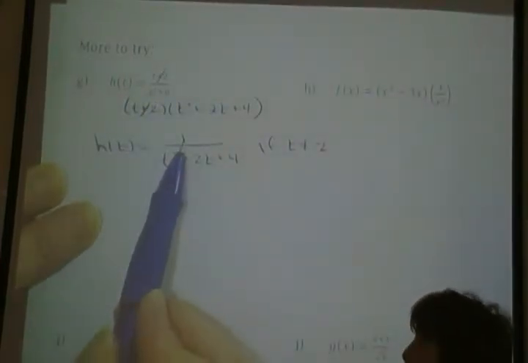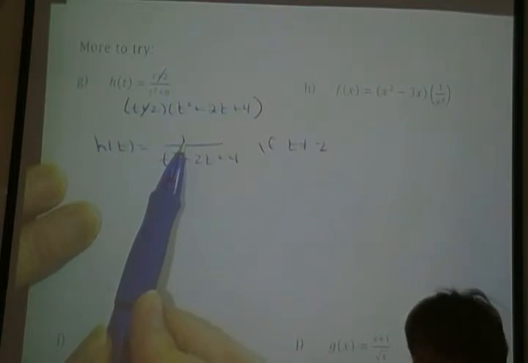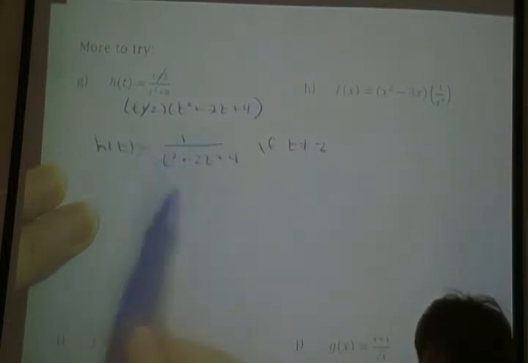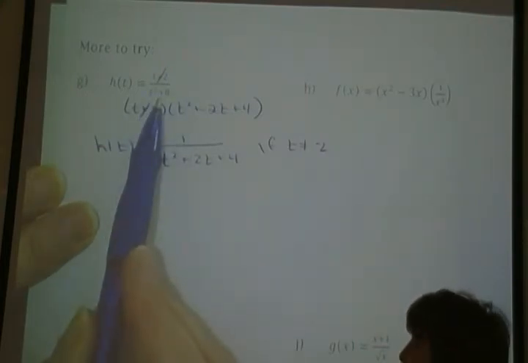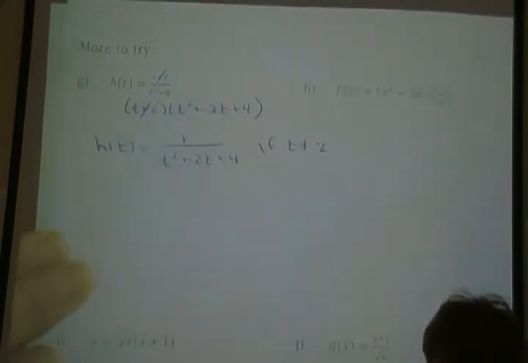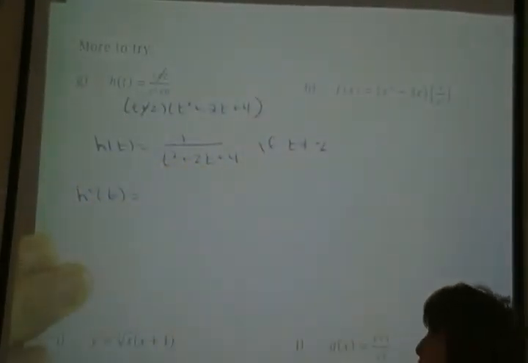And why is this function better than that function? Well, the answer is this 1. That's one of my functions now, and it's an easy function, and its derivative is 0, which is even easier. So if I do the quotient rule on this, it's going to be a lot faster than doing the quotient rule on the original problem. And eventually we'll learn that we don't even need the quotient rule. We're going to learn another rule to deal with this. But for now, I'm going to square the denominator,